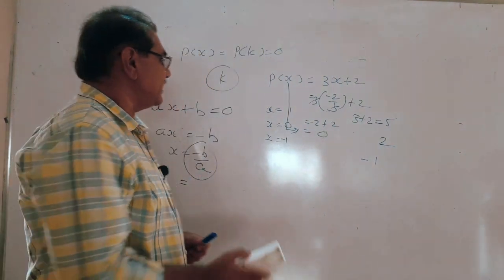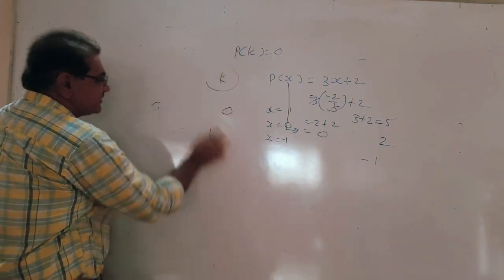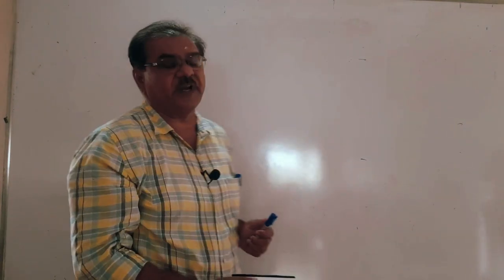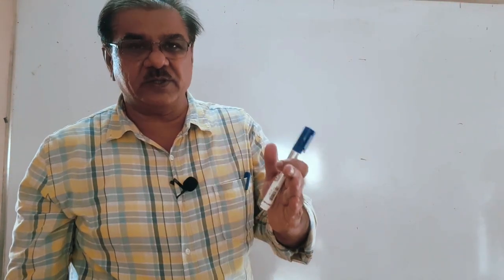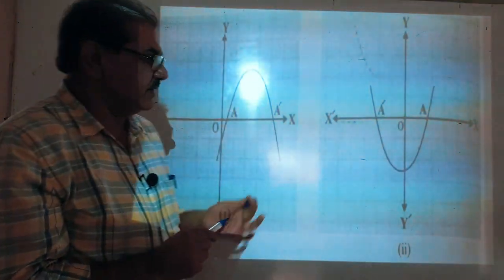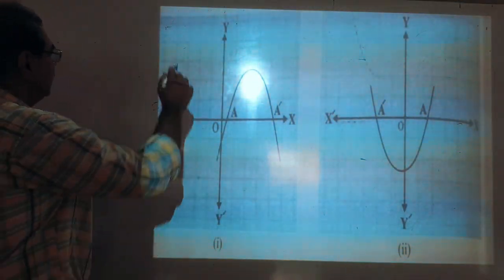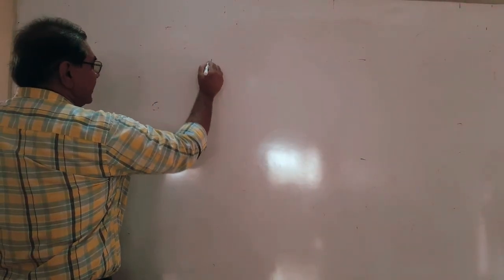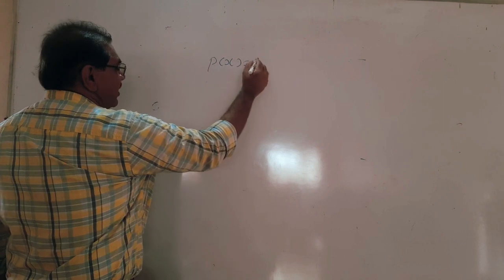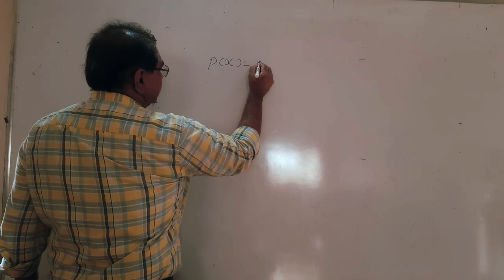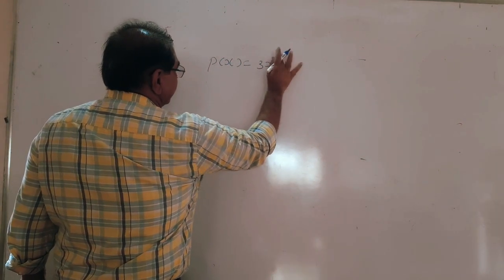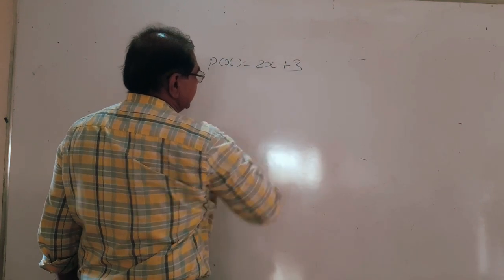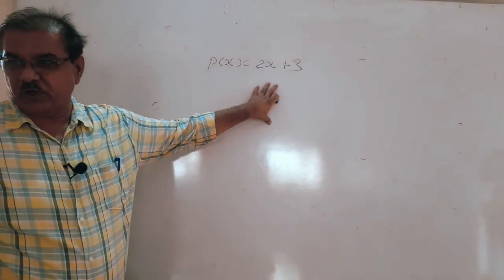Now, last year in standard 9, you had only this description for the polynomial, but you did not have the graphical representation of the polynomial. So now I take you to how the graph appears for a given polynomial. As for example, first of all, I take a polynomial, 2x plus 3. 2x plus 3 is a polynomial.